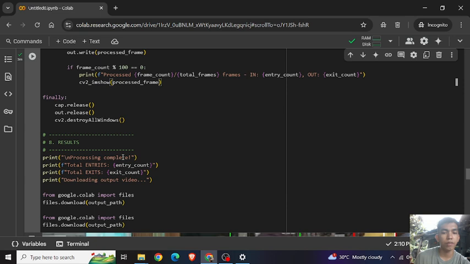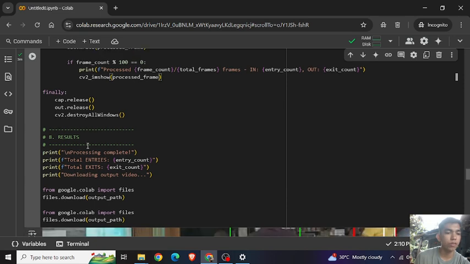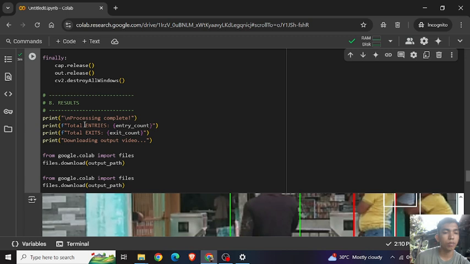So section 8, final output. Results: print processing complete, print total entries, print total exits, print downloading output video. So in this line, it prints a summary of total people counted.